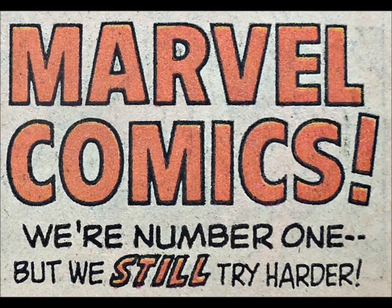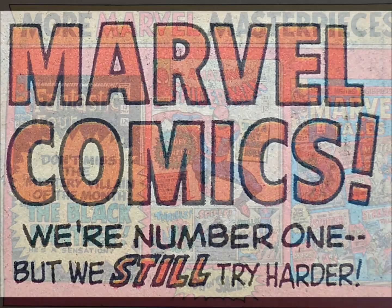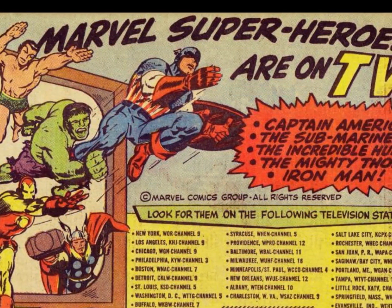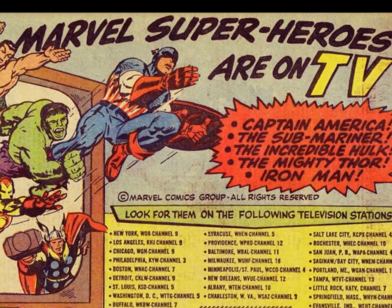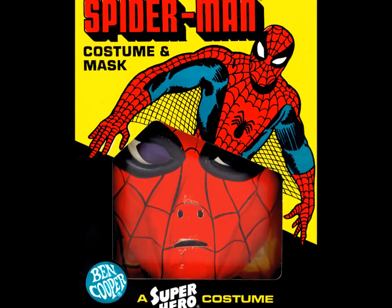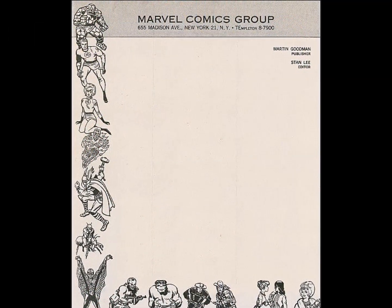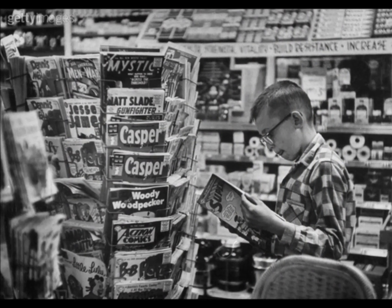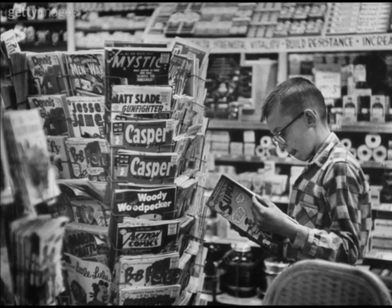The success of Marvel Comics in the mid-1960s led to a series of lucrative licensing opportunities for the once struggling publishing company, allowing its suddenly popular superhero characters to be used in Saturday morning cartoons, as well as products as diverse as board games, Halloween costumes, and stationery. This gave Marvel a badly needed injection of capital, as well as raising its profile above the humble spinner racks that could still be found in every gas station, drugstore, and five and dime across America. And while comic books would continue to be the company's bread and butter for the foreseeable future,